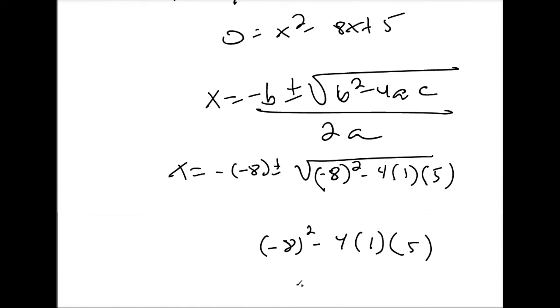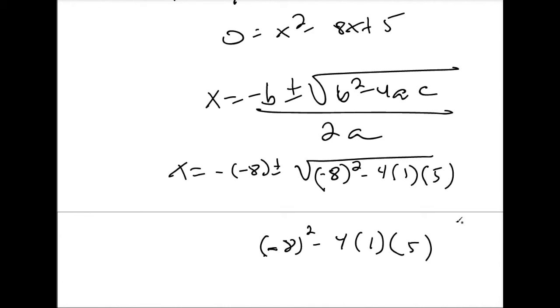Negative 84? What did you get? Negative 84, right? Did you put this negative in here in parentheses? Yes. Hold on, let me do it again. Minus 4. Oh, no, never mind, it's 44. Yeah, so it should be 64 minus